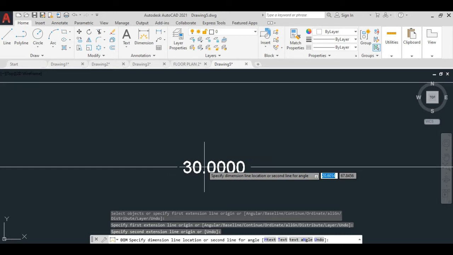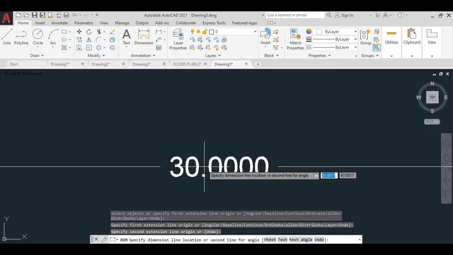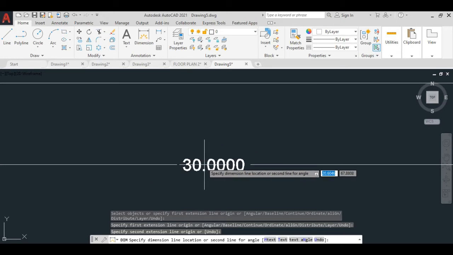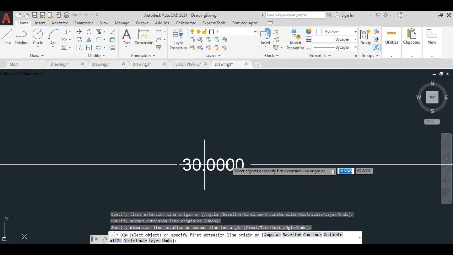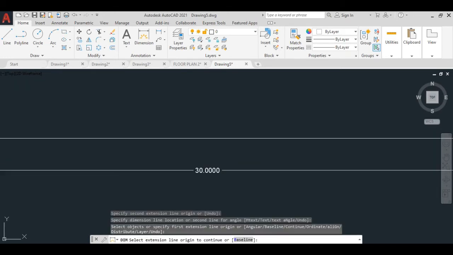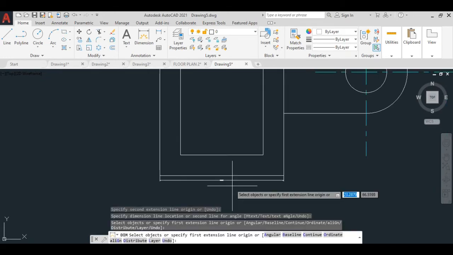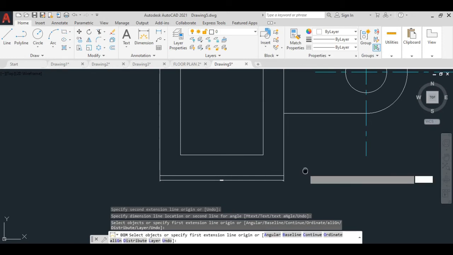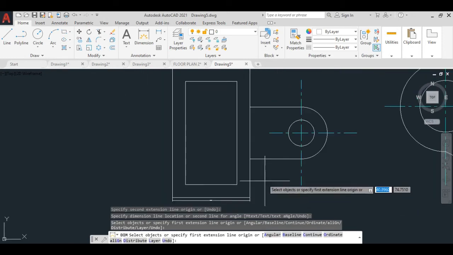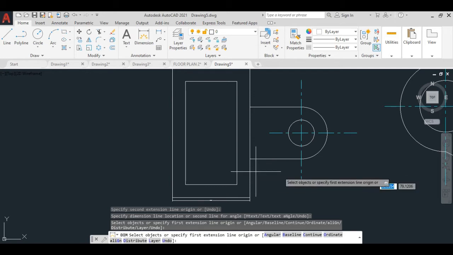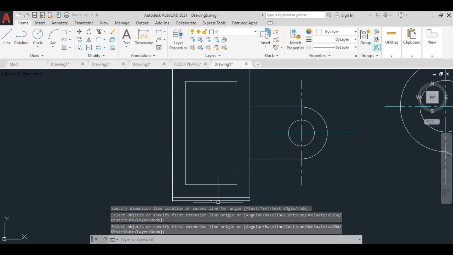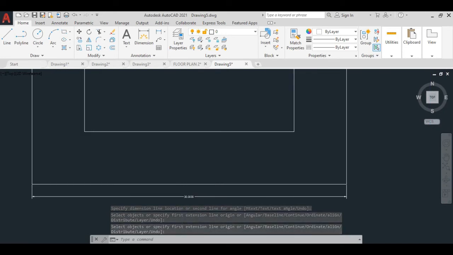And when I do a left click, you can see here the size is tiny, it is very small. It is not showing properly. So for that we'll do some settings over the dimensions.